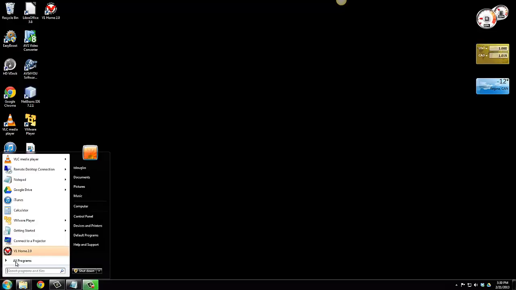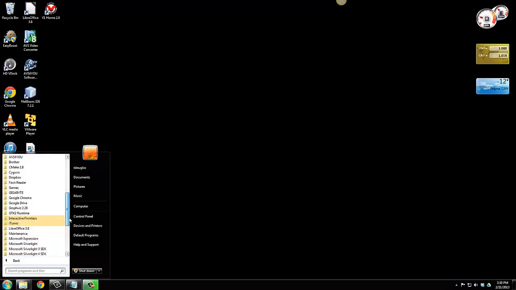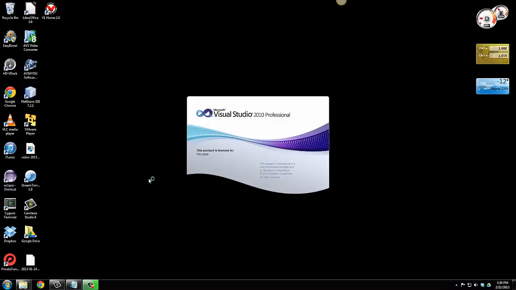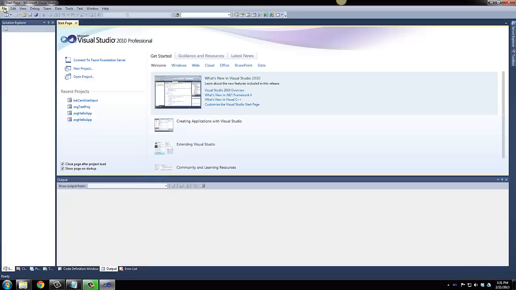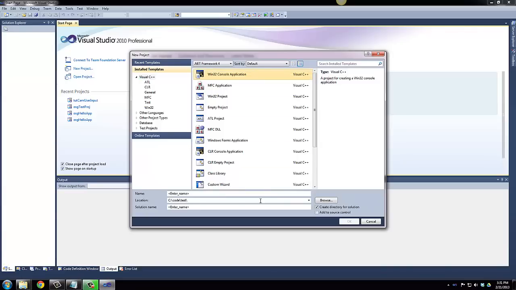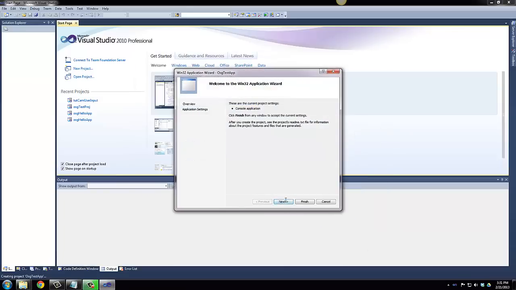So first thing we need to do is open up Visual Studio, and we'll create a new project, and we'll just call it OSG test app. You can put it anywhere you want in the folder. We're going to create an empty project,